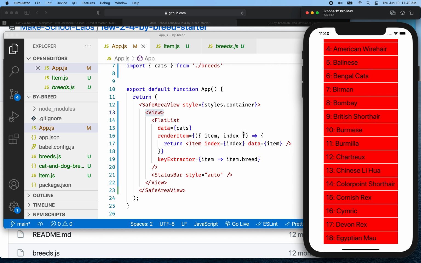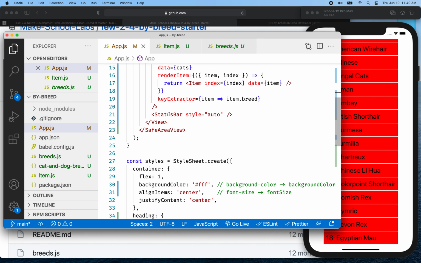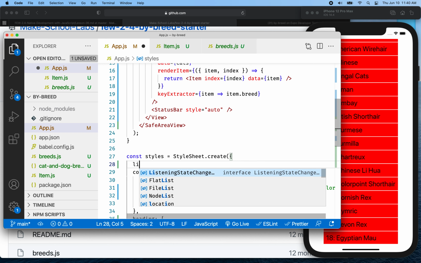So in general, the views want to collapse to the minimum size around their content. But what we want is the opposite behavior. We want a view to expand to fill the space available. So what I'm going to do is give this view a width of 100%. And you can do that a couple ways. So let's call this list